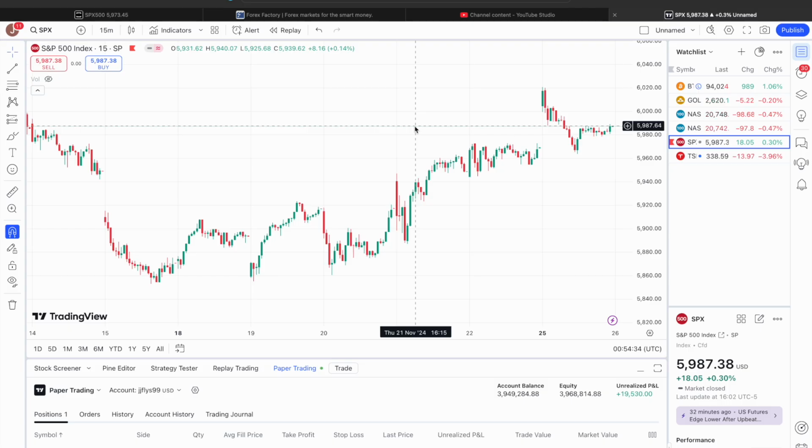So I look for a liquidity sweep, and then I look for a 5-minute retrace, and then off of that, go into the 1 minute, and then I look for a 1 minute fair value gap, and then I look for price to move into that fair value gap and move up, but not break through the fair value gap. And then I look for a break of structure on the 1 minute, and then I enter